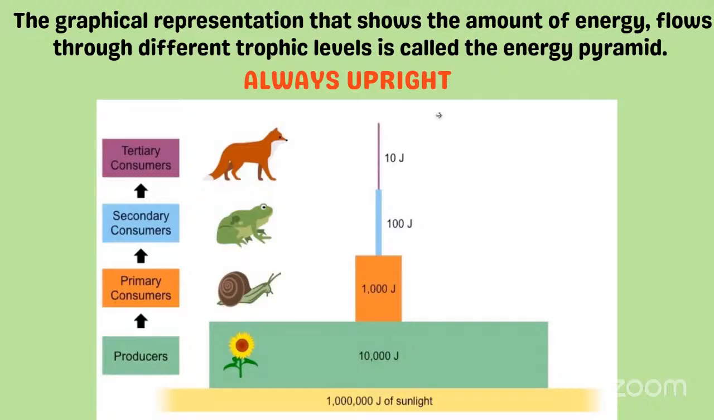So the graphical representation that shows the amount of energy flow through different trophic levels is called the energy pyramid. So you can see in this case,